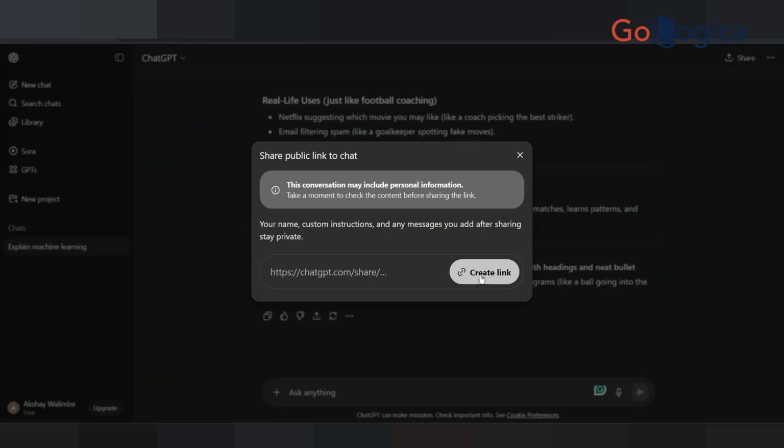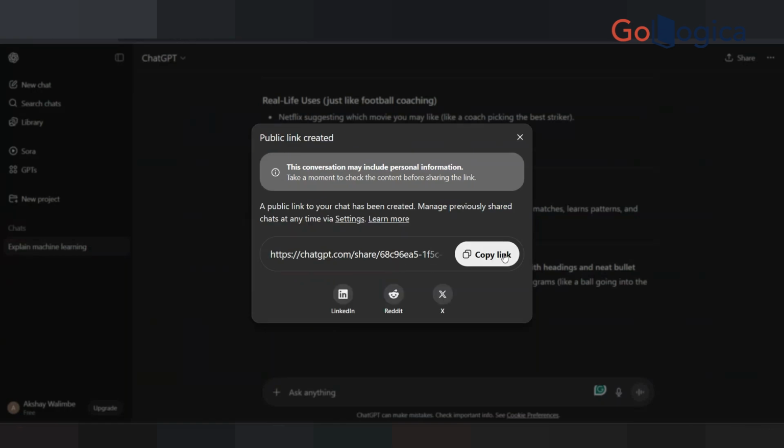Correct, you can make the share link properly. That's the reason it was not working. Is it opening now? Sent on WhatsApp? No, in the chat. Okay, now it's opening, right? Yep, now it looks good.